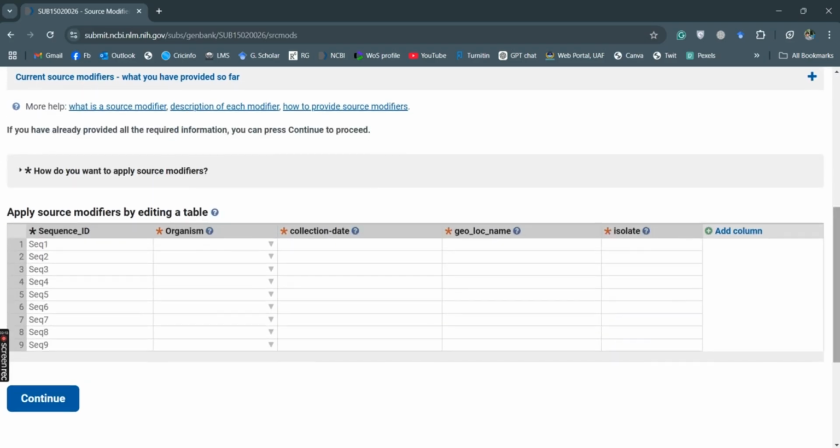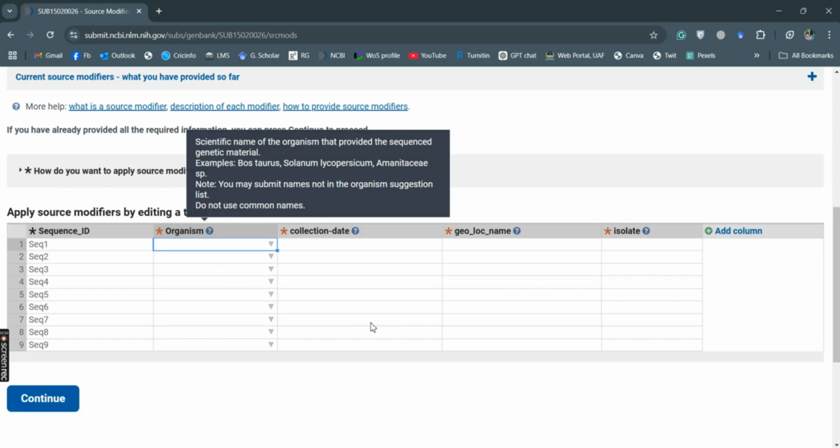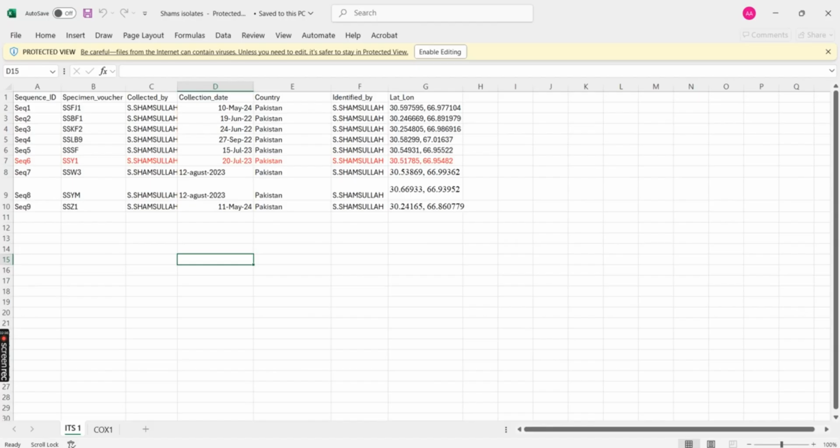Here you can see this is the sequence ID, organism name, collection date, geographical location, and isolate name. So I will add these one by one. Either I can copy these or I can copy these from